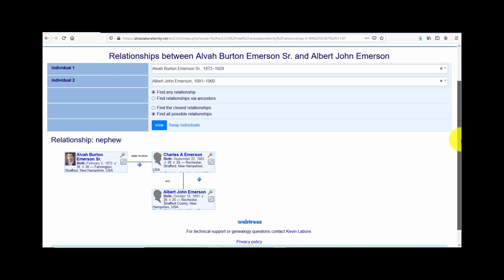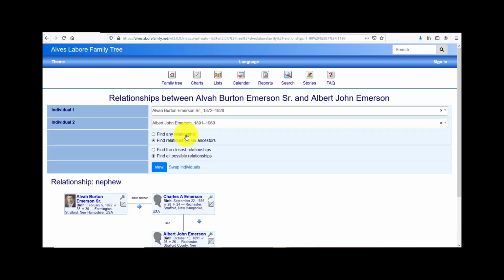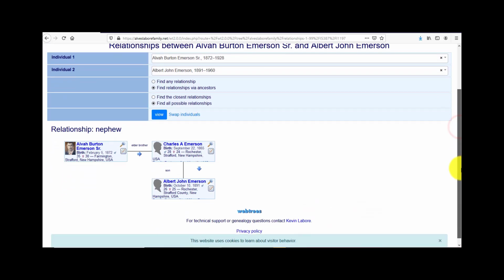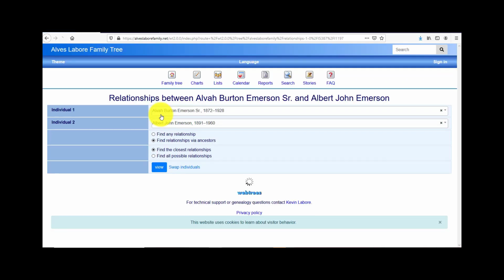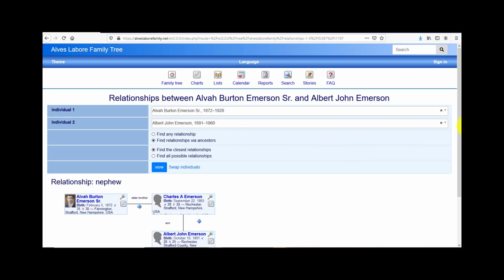It's his elder, so basically his older brother, and then it's his son. So that would be his nephew. If you find all relationships versus ancestors, it's going to show the other brother and then the son. And then if we do find closest relationships,